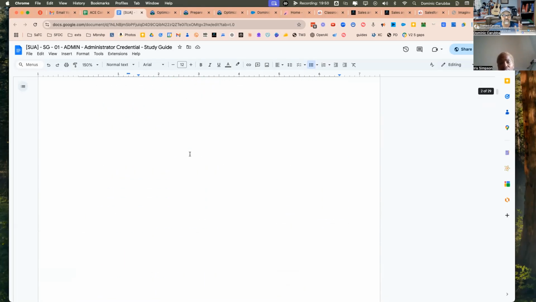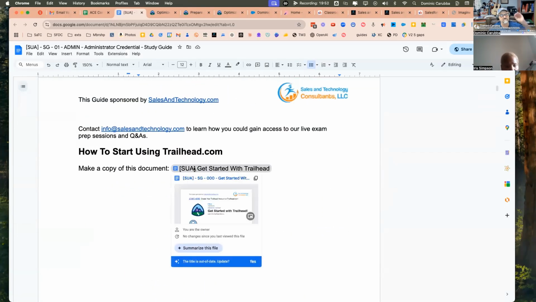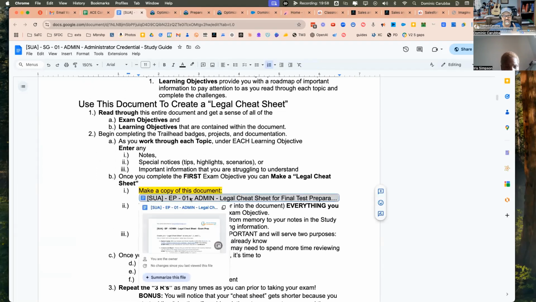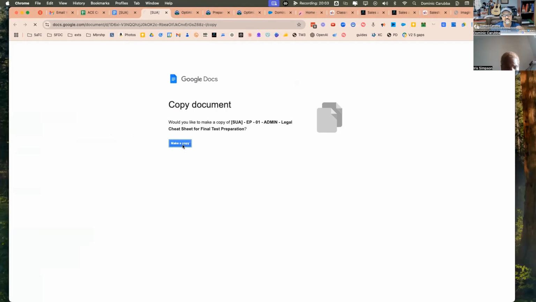By the way, there's the Get Started with Trailhead. If you don't know Trailhead, this would have been the one to start with in the study guide. That's okay. So then I would open up the cheat sheet, which is nothing more than a blank version of